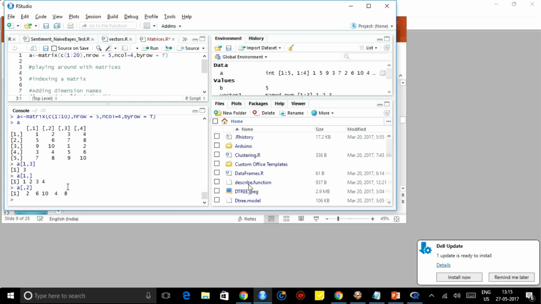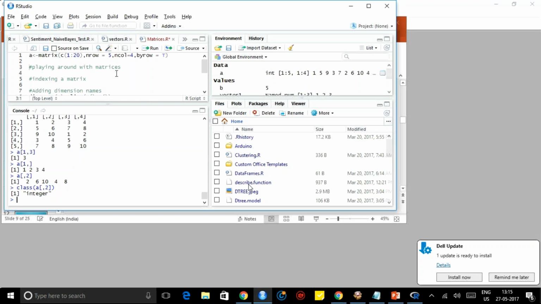Now if you see the class of it, it will be an integer vector. It will be an integer, but it will actually be a vector. Even a matrix must be homogeneous. Everything must be of the same data type. If you want dissimilar elements in an array, we'll go for this. If you want dissimilar elements in a matrix, we'll go for data frame, which we will be covering.